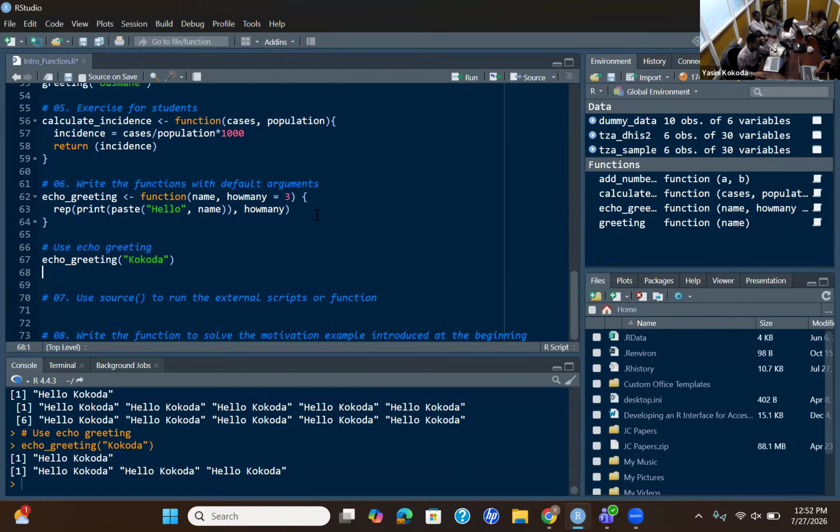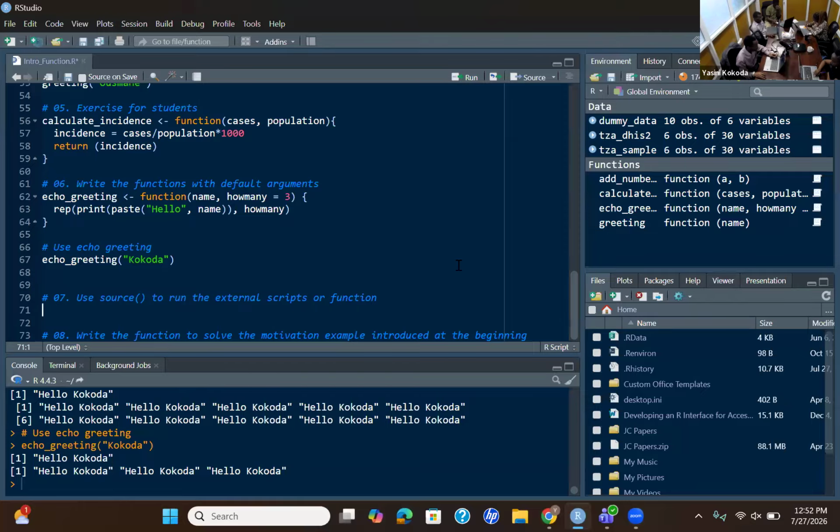So let's say you have written a function performing a particular task, and after some time you are doing the same task on a different data set and you want to reuse it. You don't have to write the same function again. You can use the function which you wrote before. In this case, we are using source to run the script which contains that function.